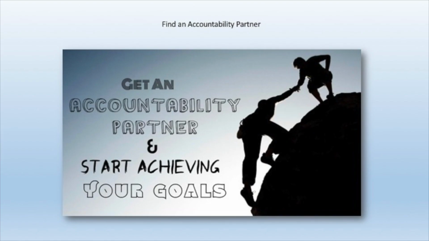Here's another tool, is to get an accountability partner. I don't think that we're built to just succeed on our own. We're built for relationship. And I know that I succeed better when I have an accountability partner. Right, so each month I have a group of about 11 other men, and we get together once a month. And the things that I know I want to move forward this month, I share with them. And I put it on a to-do list out there for everybody to see. And when I come back next month, we all ask each other the same question. Did you get done what you needed to get done?